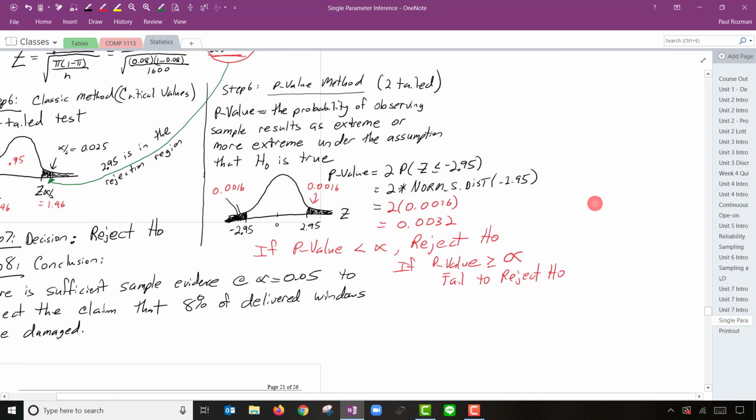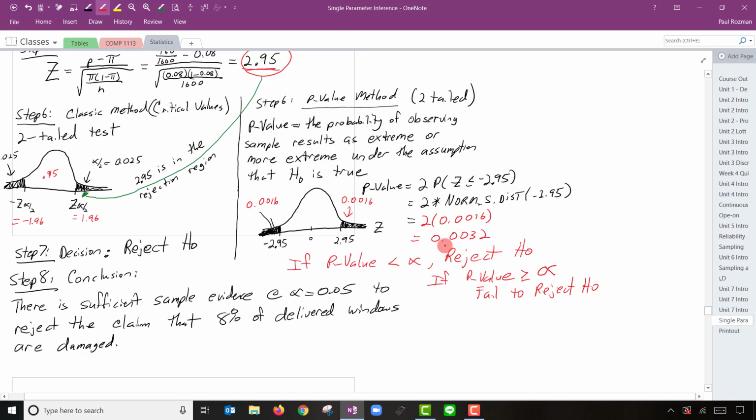In this case, 0.0032 is smaller than what alpha was. So we're into step 7, which is reject the null hypothesis. And then we're on to our conclusion saying we reject the claim in this case because the claim was the null hypothesis. The second method is what's preferred, but